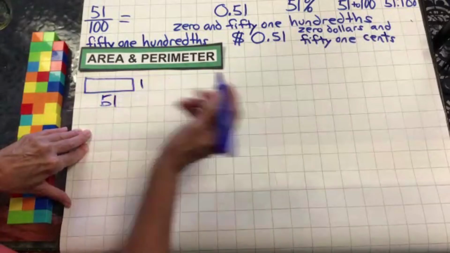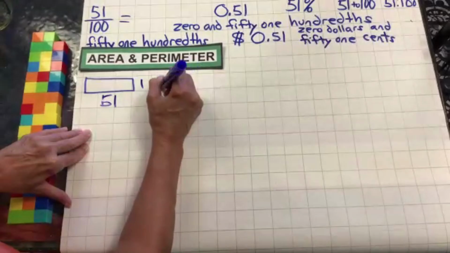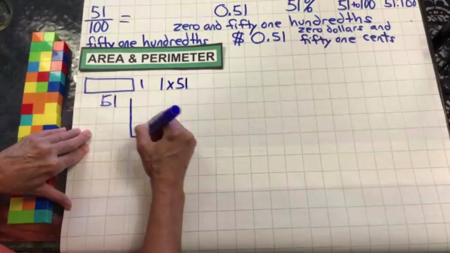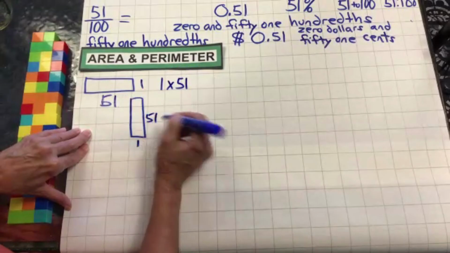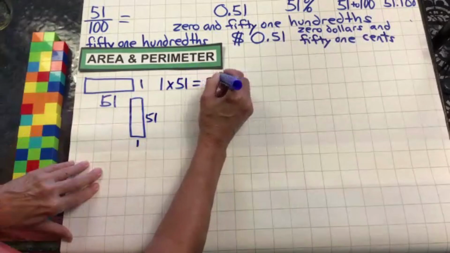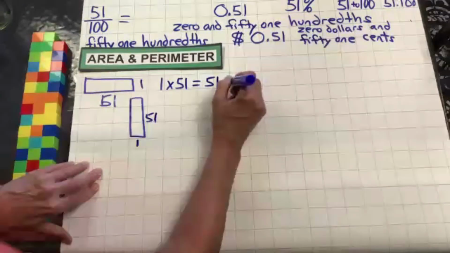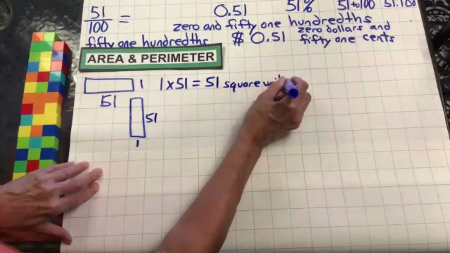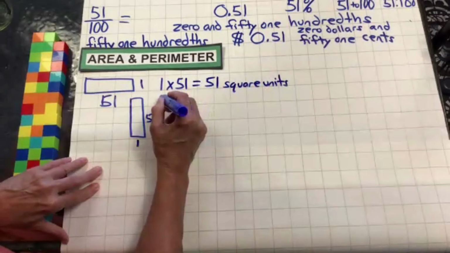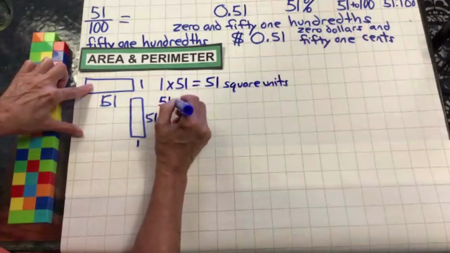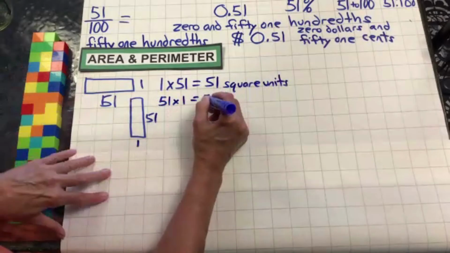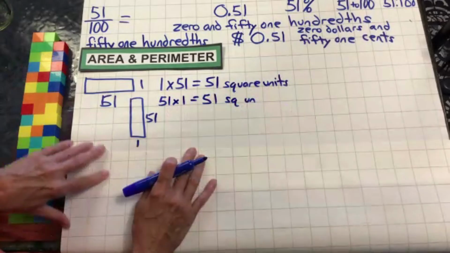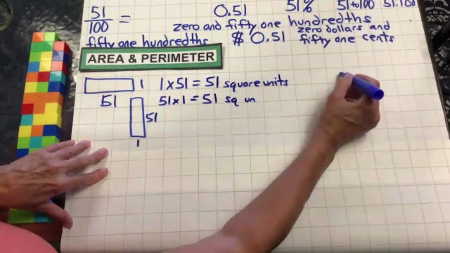51 long by 1. So we know a 1 by 51, well, that would be this one. 1 by 51 equals 51. And because we're talking area, it is square units. And then we have, this first one was a 51 by 1 equals 51 square units. All right, and then our other one is a